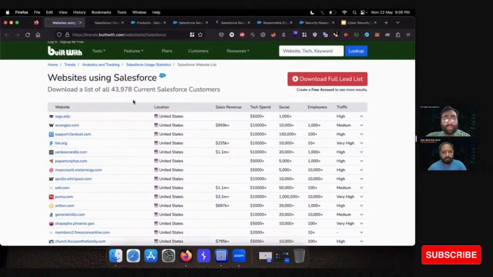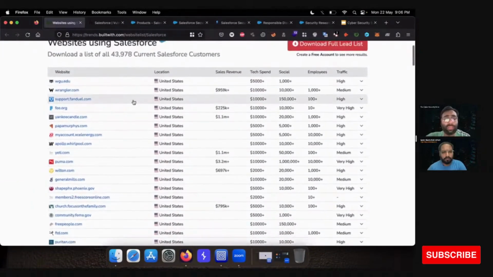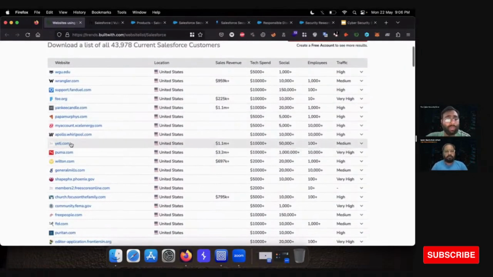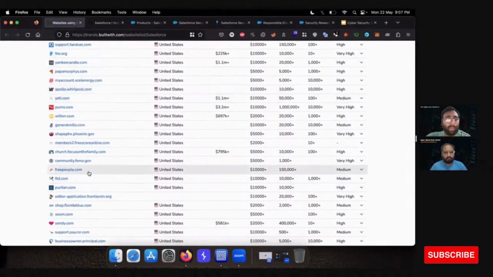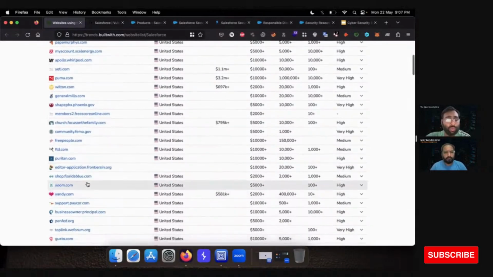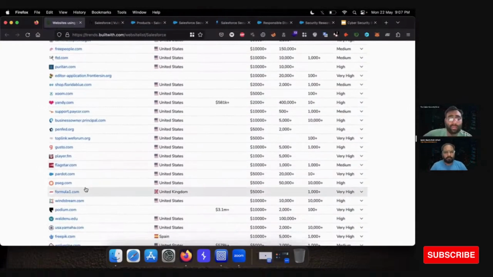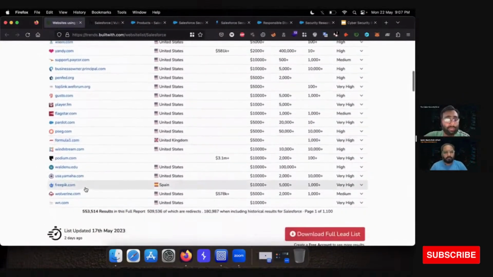You can search what is built on Salesforce. You can see there are multiple websites built on Salesforce. Let's see, puma.com, Yeti, FanDuel, Free People, Zoom. There are multiple websites in this list, and Salesforce is built into all of them.